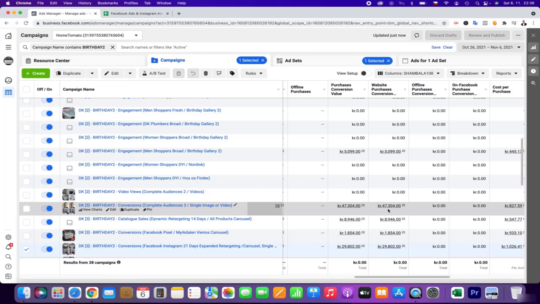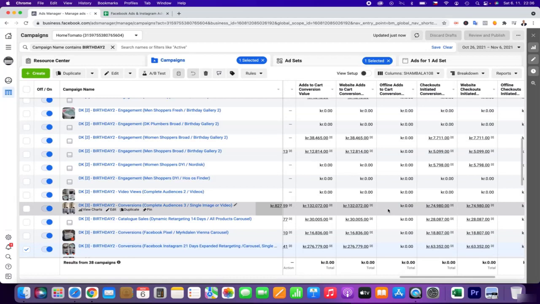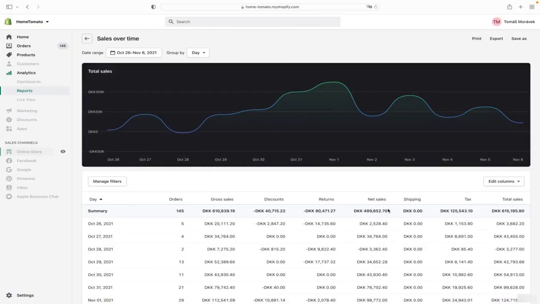So I can't see a lot of sales that have already happened. And as you can see, we have many add to cart actions and started checkouts, so I'm quite positive the campaign will be doing well.